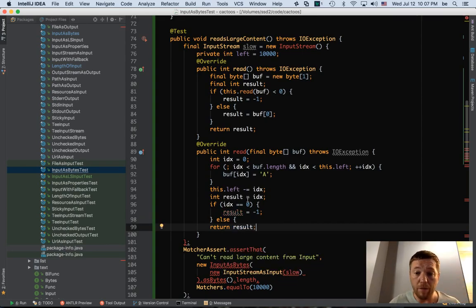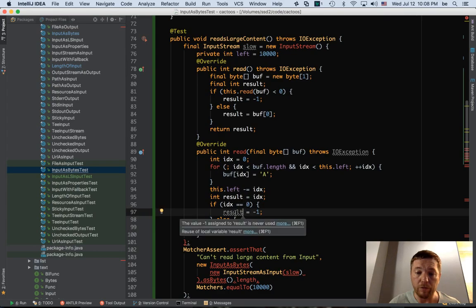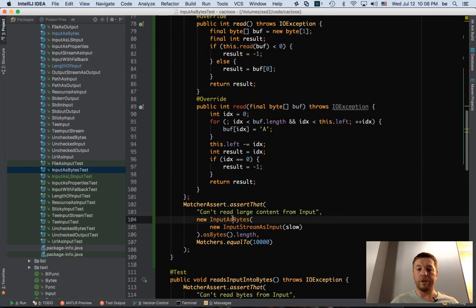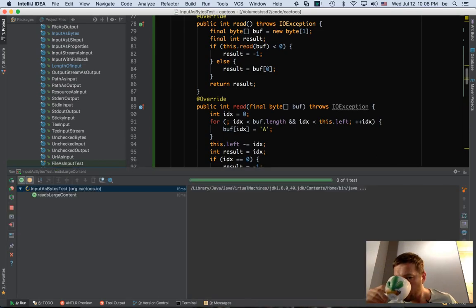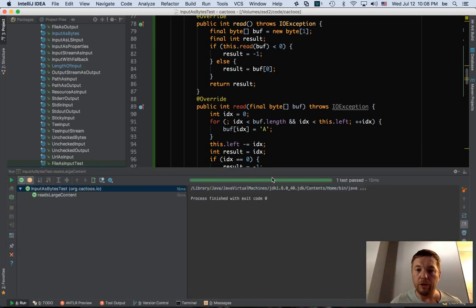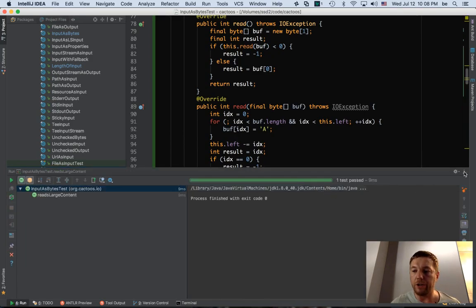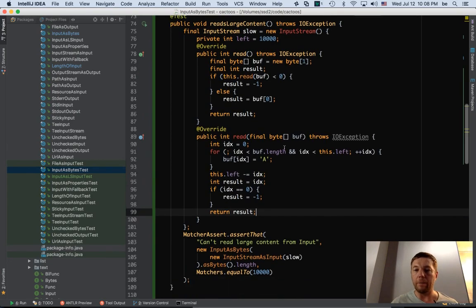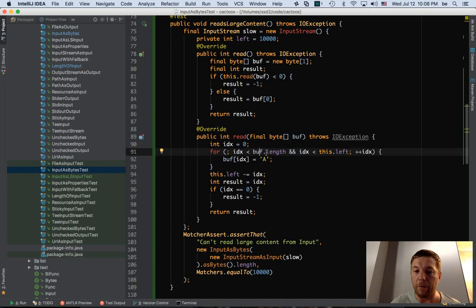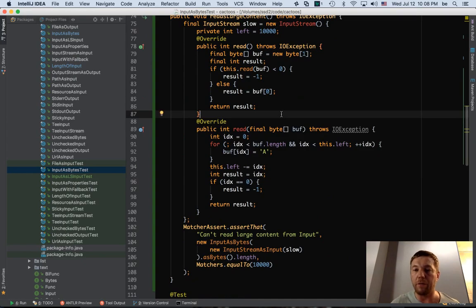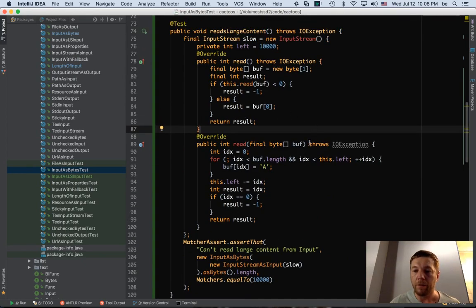There you go. So maybe if index, what's wrong here? Because of else. Yeah. Let's try again. See, all of a sudden it works. So it actually returns, let's run it again, just to make sure, it actually returns 10,000 lines. So we managed to create, but it's still not slow. It's not slow because it fills the buffer entirely every time. So it does what this previous test is doing. Because everything is in memory, everything is fast, we do not manage to fail.